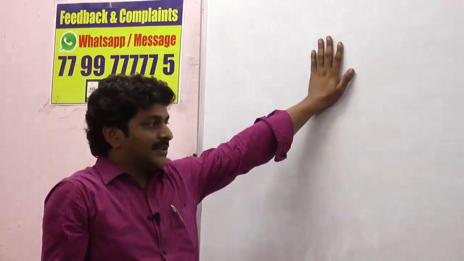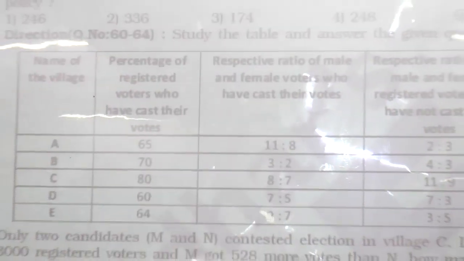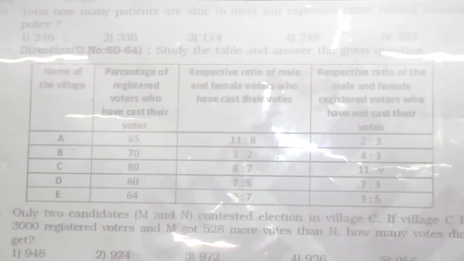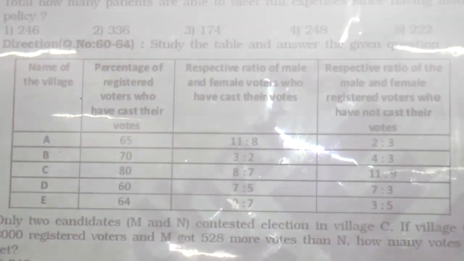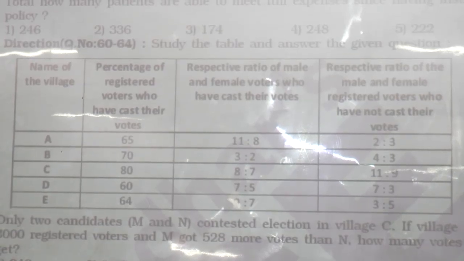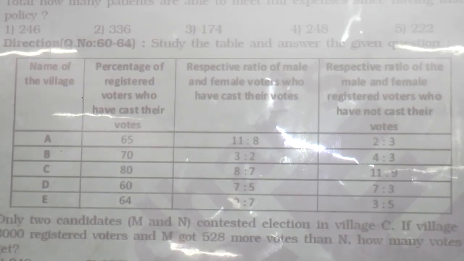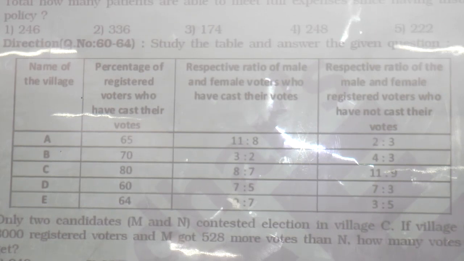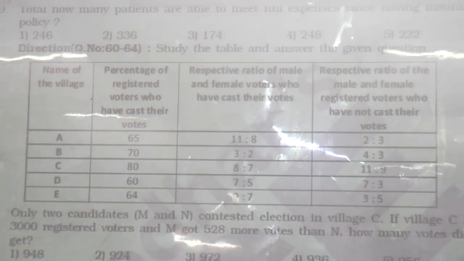Right. 68th. Only 2 candidates M and N contested election in village C. Only 2 candidates M and N contested in election in village C. If village C has total 3000 registered voters and M got 528 more votes than N, how many votes did N get? Right. In C,